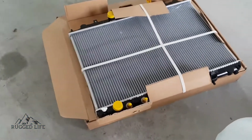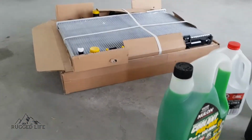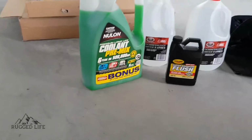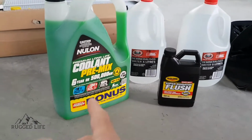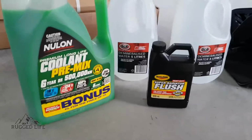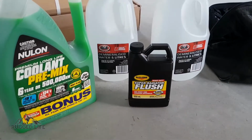So I am replacing it with this one that I purchased from sparebox.com.au, which I highly recommend buying parts from because they are quite reasonable. Actually, they're cheaper compared to other retail shops. So what we need is, I just purchased a pre-mixed coolant because I'm lazy. I don't want to buy the concentrate and mix it. So I'm just going to do that. I bought myself a radiator flush and a couple of 5-litre bottles of